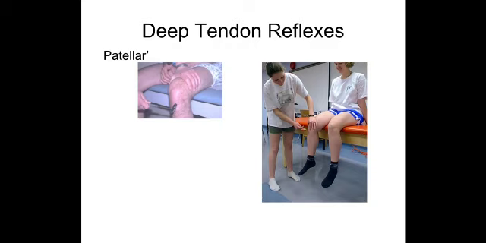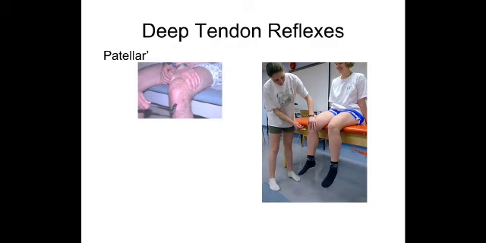The patellar reflex, or the knee jerk. Here the root value is L2, 3, 4. It can be tested with the subject either in supine or in sitting position. What we are doing here is in the sitting position. In sitting position, normally the legs are relaxed and they cross one leg over the other, or you can do it in this form also.